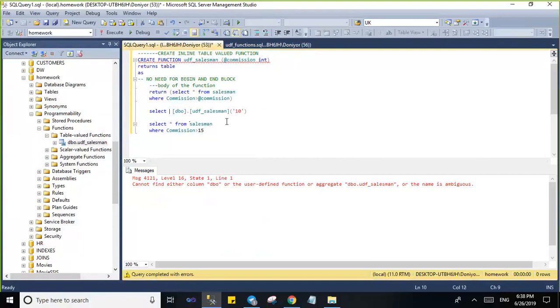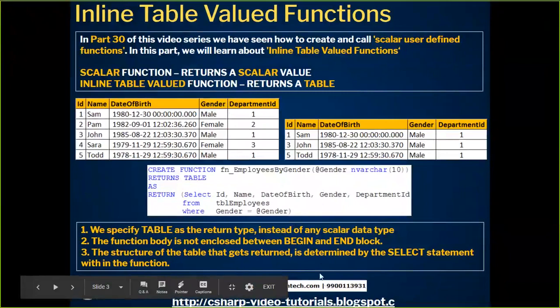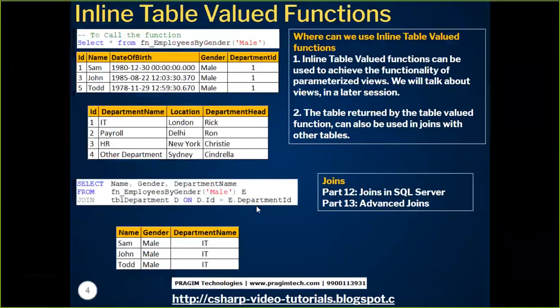Let's use the real name and execute this. Let's remove this part and try again. Hmm. Okay, let's go back to our slides. Select. So you see this, how to call